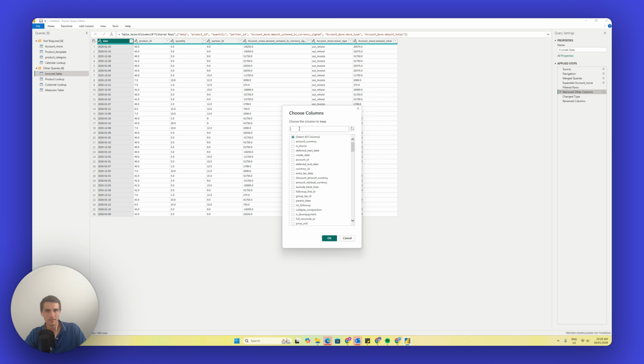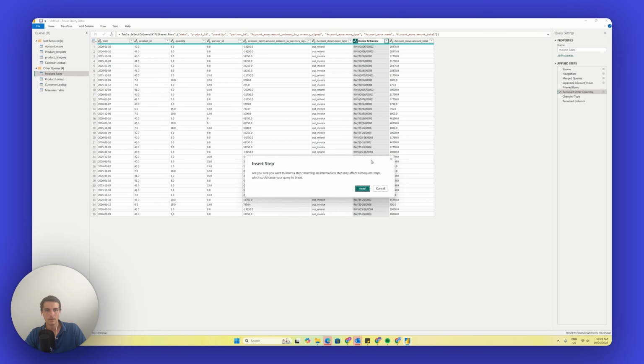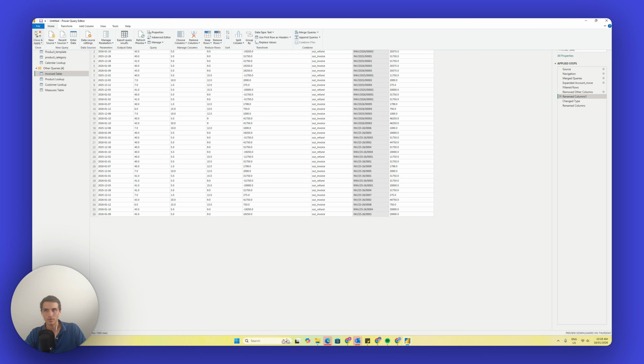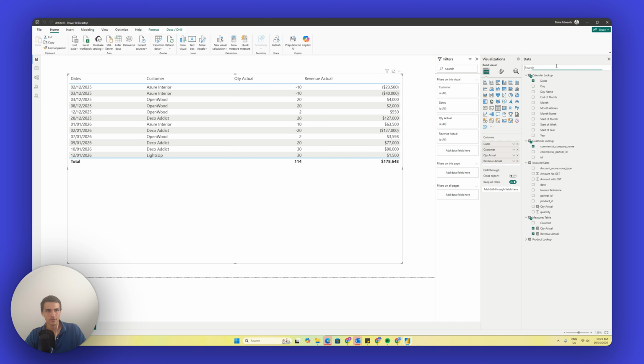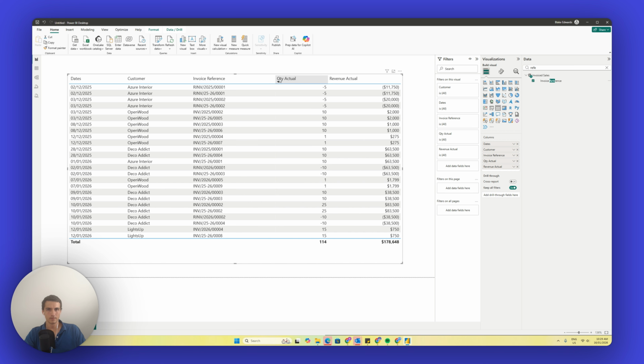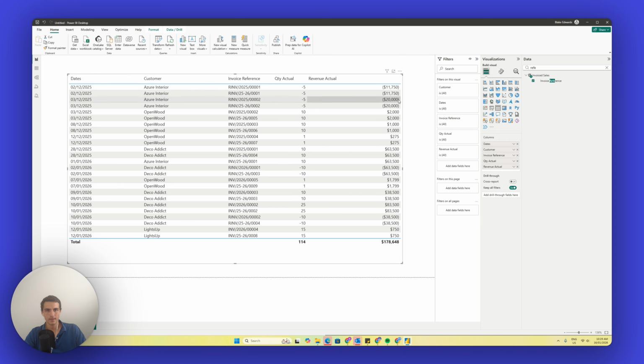So it's as simple as adding the name. And we might make sure that it's from the account move table because that's the invoice header. We'll add that in. So invoice reference, could change the column name of it. And then we will close and apply that. Okay, so that's just loaded in now. So what we can do is we can go pull that field into our table, invoice reference, got our quantity, we'll make this a bit smaller. And let's add